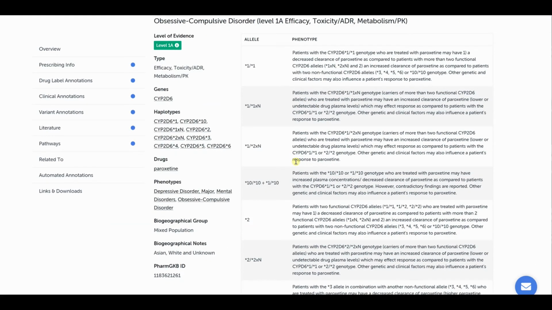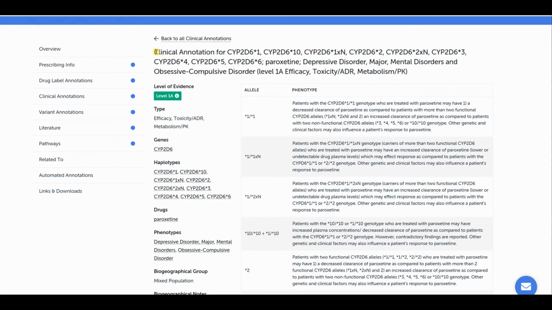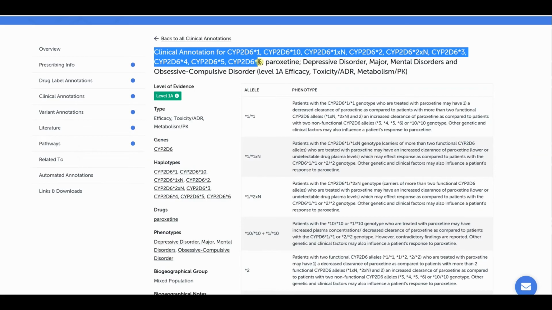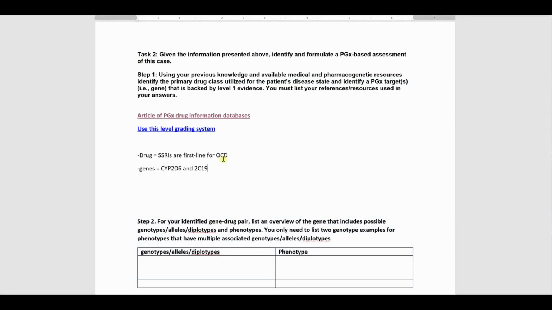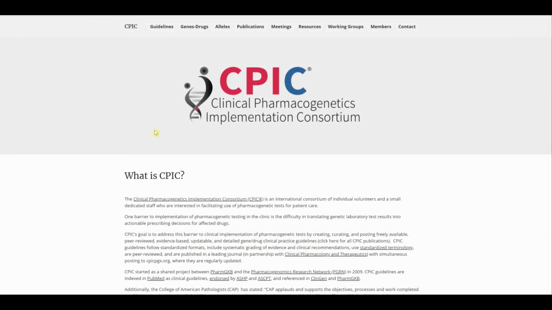So, thus far, we're thinking that CYP2D6 is likely a high candidate for our gene, as well as CYP2C19. However, just for our own sake of completeness, let's go ahead and go to that CPIC website that I linked you to as well. So here is the CPIC website,